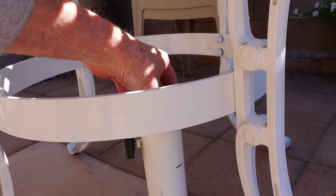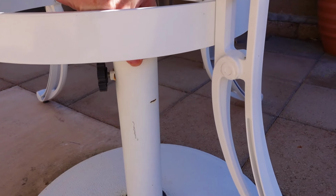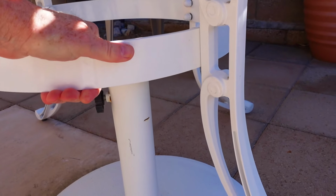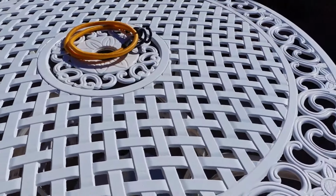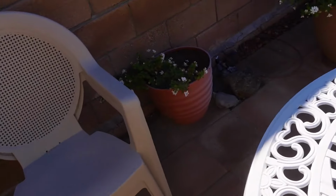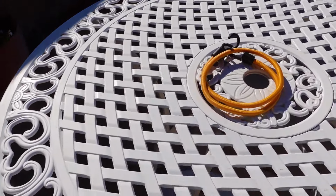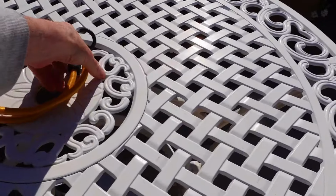And I heard a huge crash last night. So I just assumed that, like once before, the wind had just knocked the umbrella and the table over. And so I figured that's what had happened. I figured in the morning I would get up, go out, and put the table back up. But I looked out the window this morning and there was no umbrella anywhere to be found